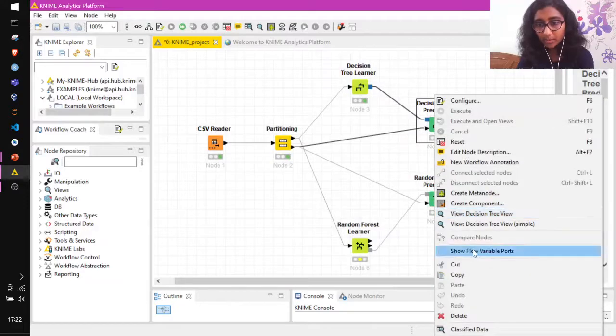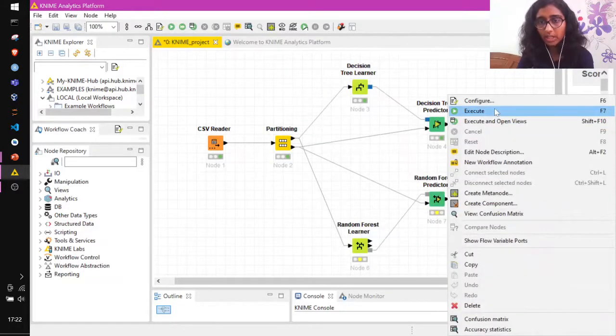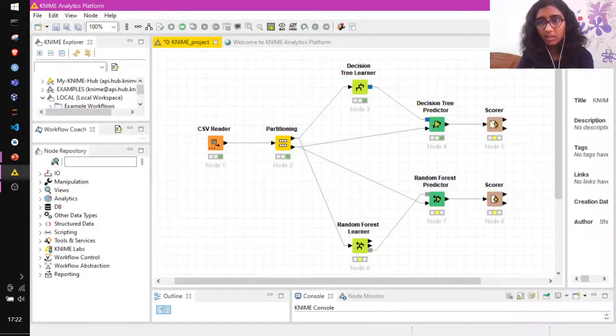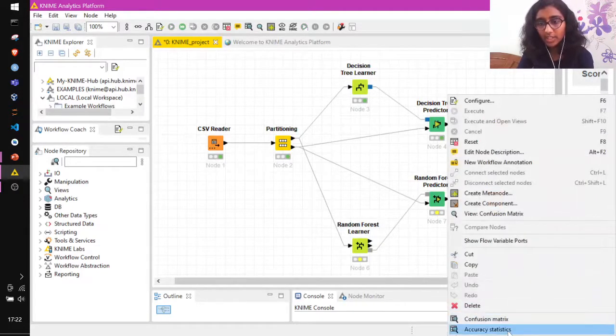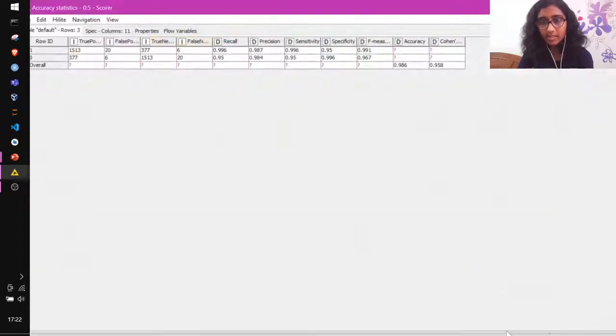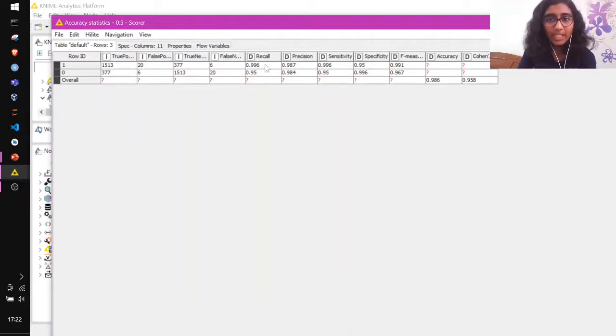In order to see the predicted values, we'll use the scorer. We'll execute it first. And if we see the scorer, we can see the accuracy statistics. Here we see the number of true positives, the number of false positives, etc. And we see the total accuracy has come to 0.986. And there are different values of recall, precision, etc.